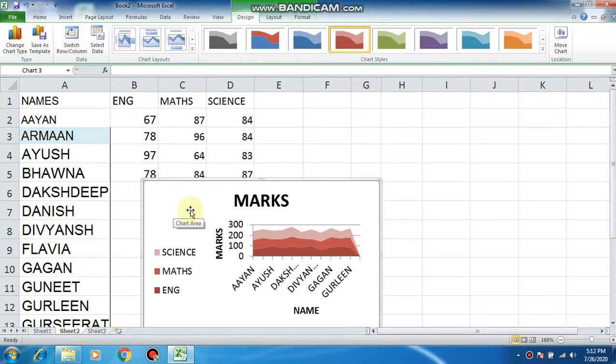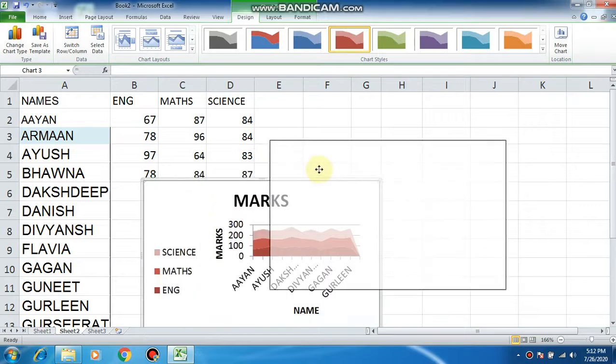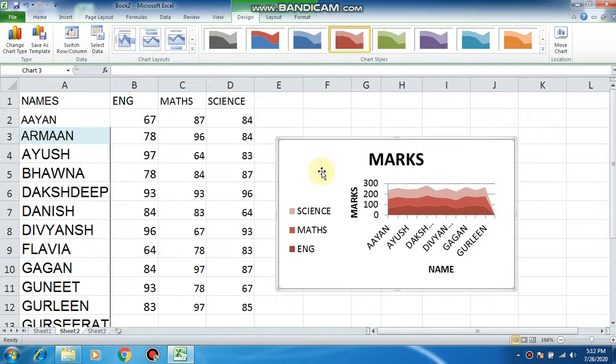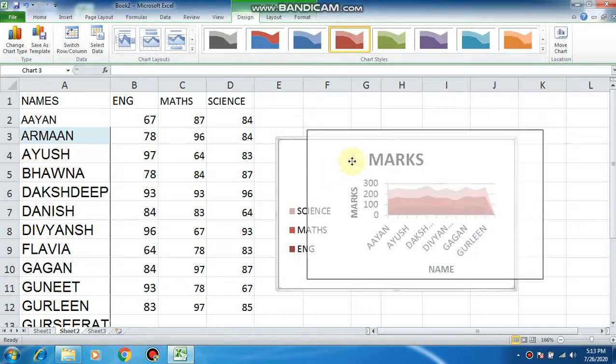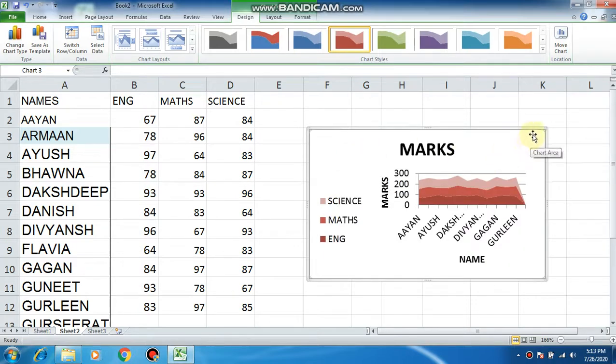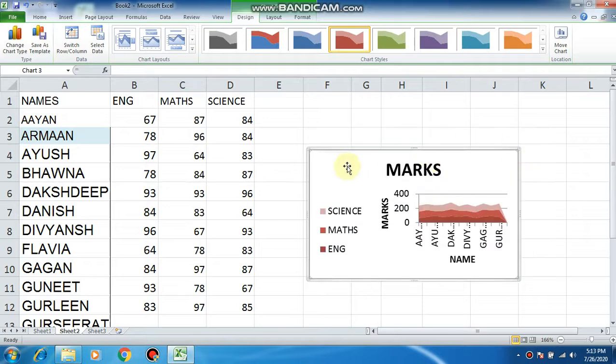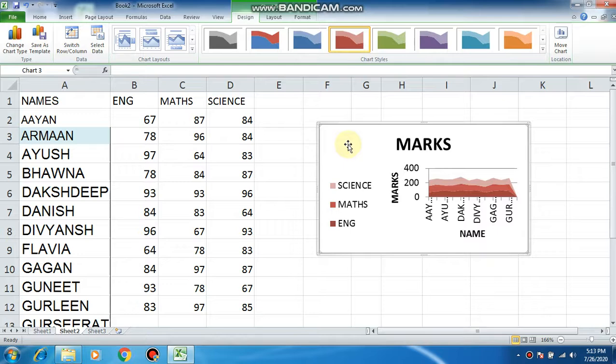And you can take this mouse pointer, the 4-headed arrow, you can just use this to drag the chart, to move the chart to some other location. You resize the chart from the corner, from the double-headed arrow, and you move the chart from this 4-headed arrow and place the chart anywhere in the sheet where you want. This is how you can resize and move the chart. Then changing the style, I've told you.